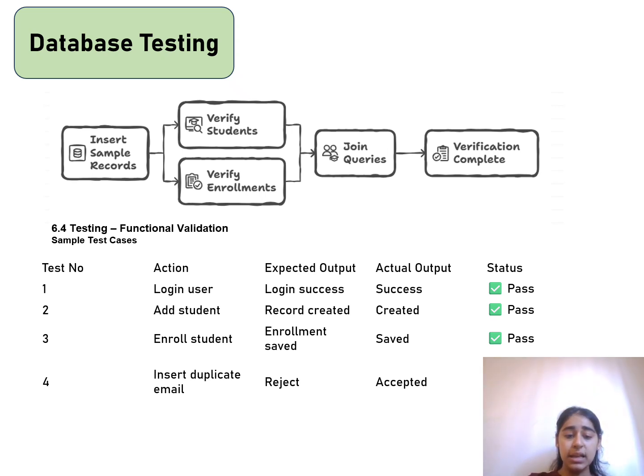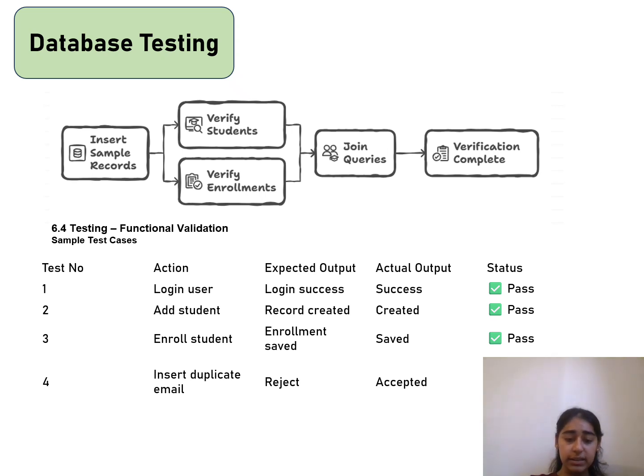Once these checks are completed, the verification process is finalized. At the bottom, the table shows sample test cases: login, adding a student, and enrolling a student all pass successfully